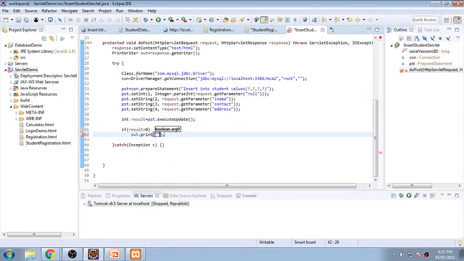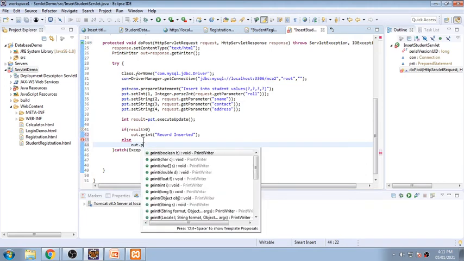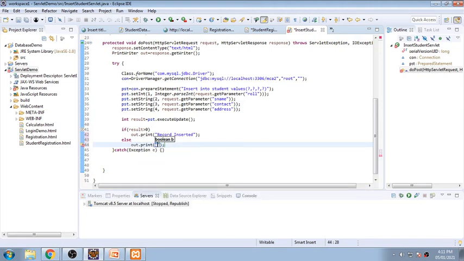So I will be displaying record inserted, else out dot print no record inserted.